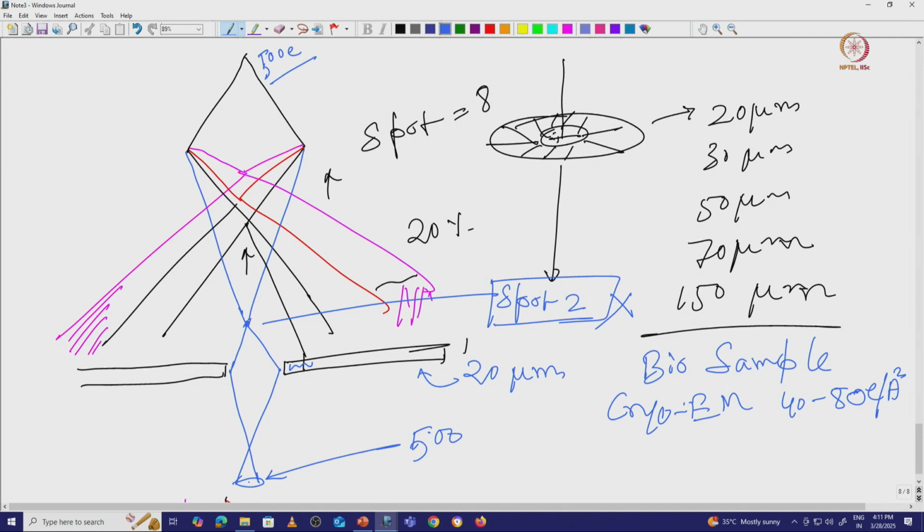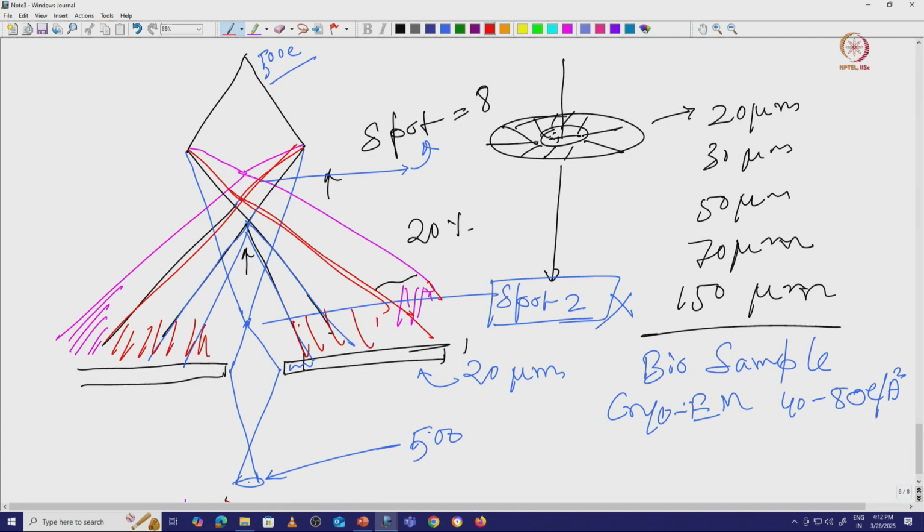Okay. So, now the next condition. When we are increasing the spot size, consider that this is an electron or this is an electron, it is coming like that. For a higher spot size, say spot size 8, what is happening is this particular electron beam, if this is the red beam, this is the ray coming, this is the ray coming, but in all cases the majority of these rays are blocked by this aperture.